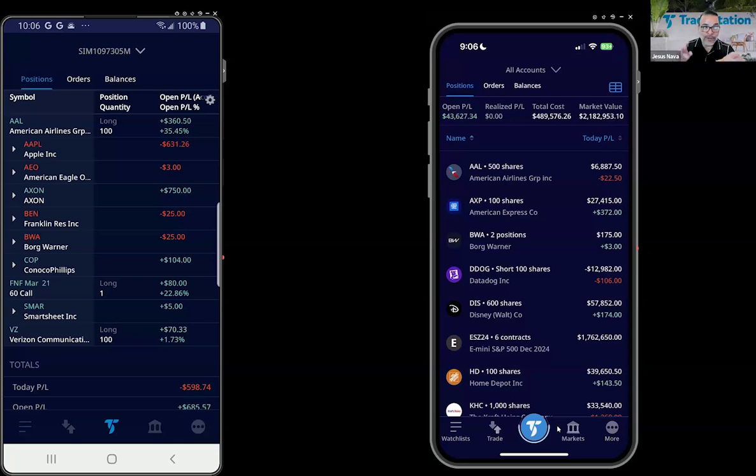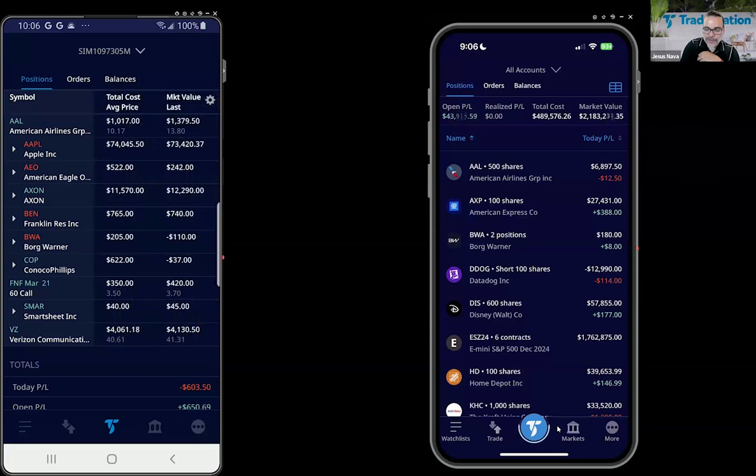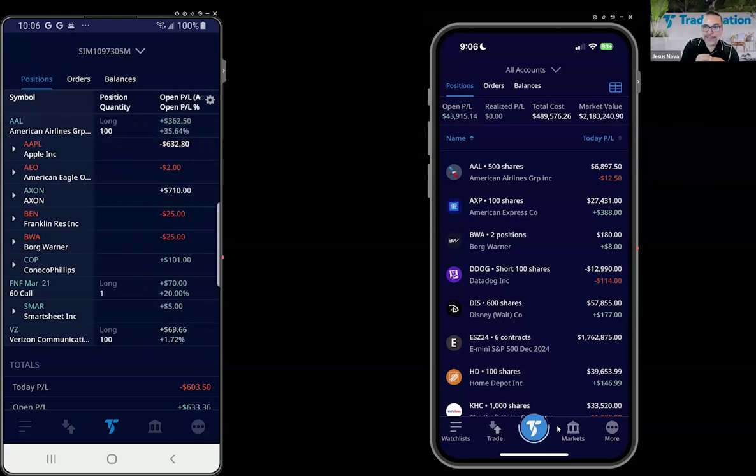a grid view. The grid view is what you see here on Android, which looks like a spreadsheet kind of thing. It has columns and you can cycle through the columns by just using your finger and sliding left and right. On the iOS environment, you have this list view that simplifies the actual list of positions by just letting you know what the company name is, what the value of that position holding is, and whether you're making money or losing money on any of those positions. Of course, you can switch to the grid view that you see on Android by tapping on this little